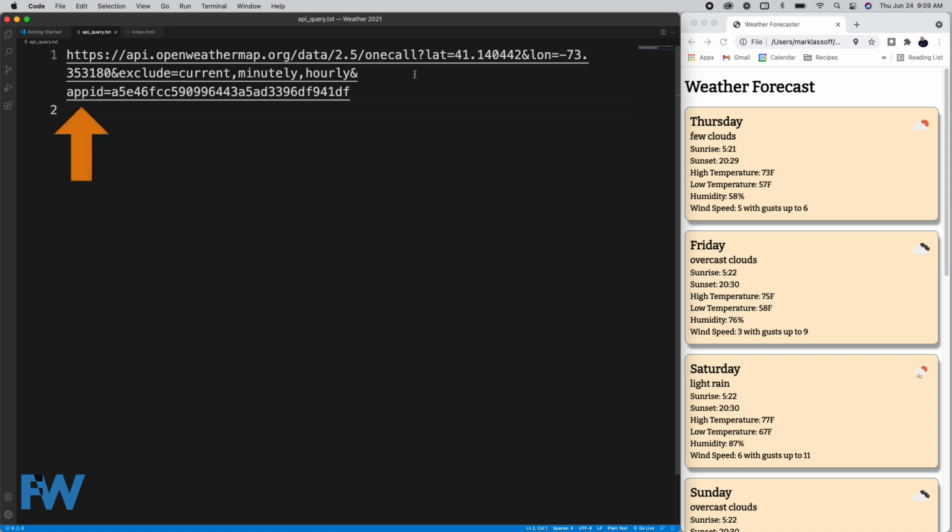And then at the end, you can see appid equals this long hash of letters and numbers. That's my API code. And that's what you're going to have to get individually from openweathermap.org and fill in your own code. So you're just going to replace this here with your own code that you obtain. That's how you'll be identified for your API calls.